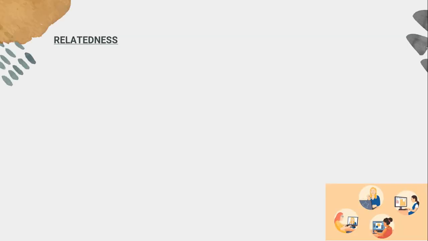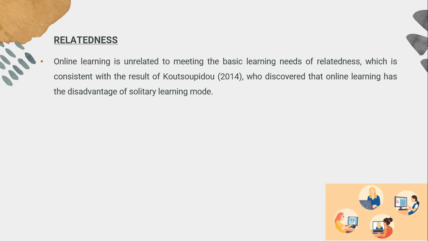Yeah. So next is relatedness. Previous research indicates that in an online context, there may be a need for social interaction because the learning system is not as authentic as a traditional education experience. And then according to the statistical result of the research, online learning is unrelated to meeting the basic learning needs of relatedness, which is